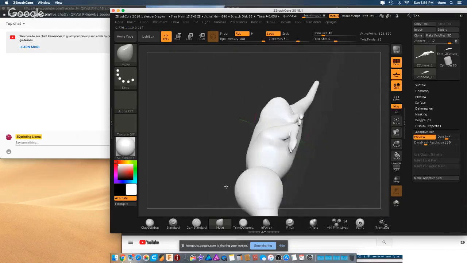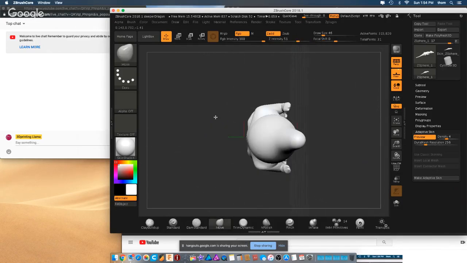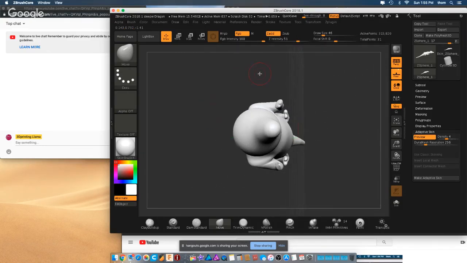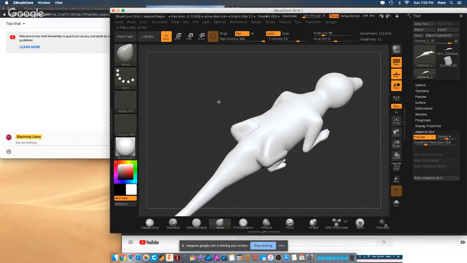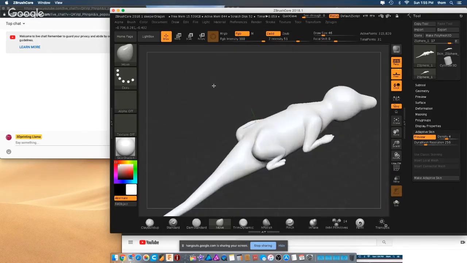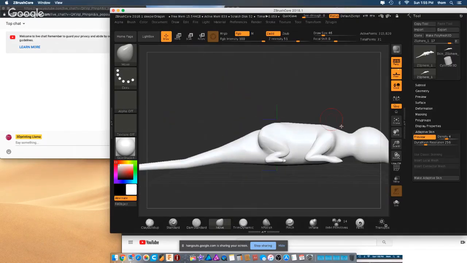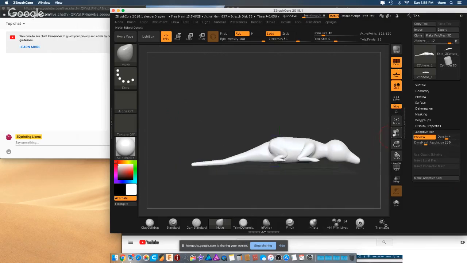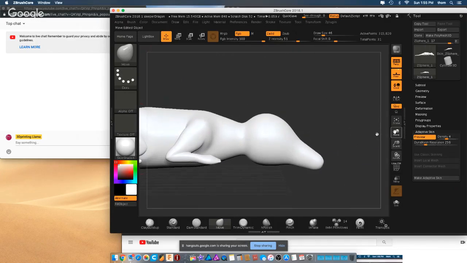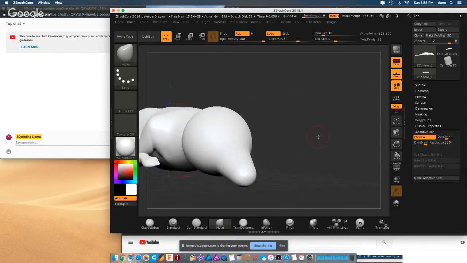Oh boy. Let's see, shift. Too many weirdo controls. How do I get it to? I don't know. The movement in ZBrush is just backwards to everything else, it seems. You move it in a direction and it doesn't move in the direction it's supposed to. Too much of this crap having to go on. But anyway,